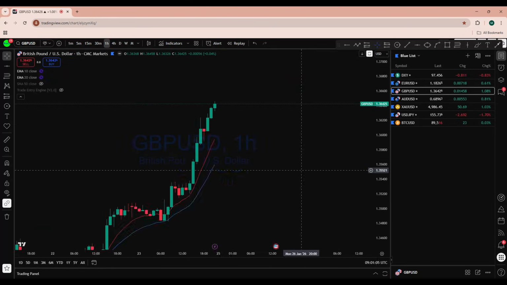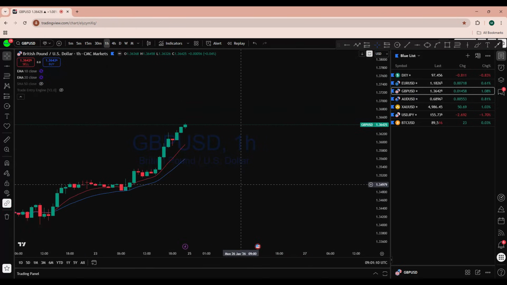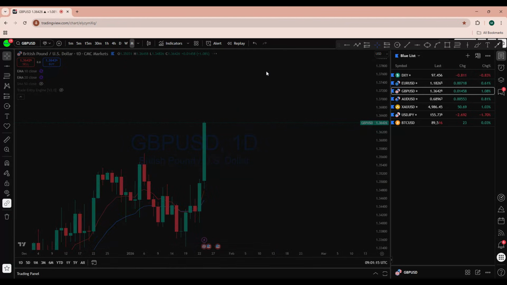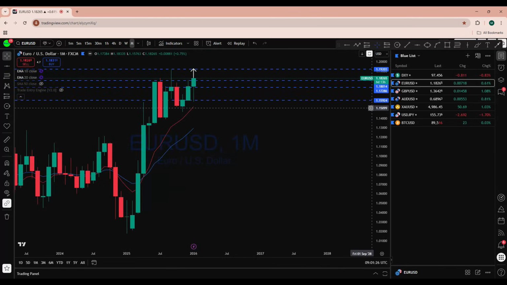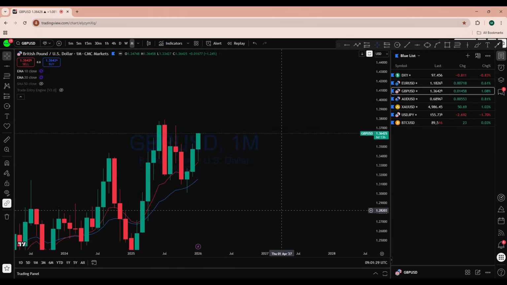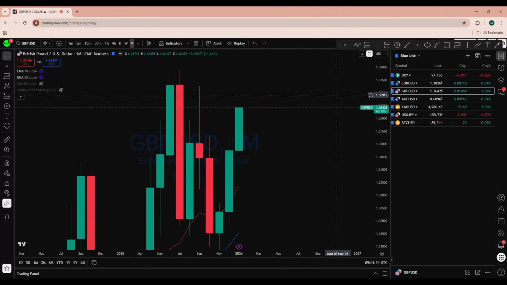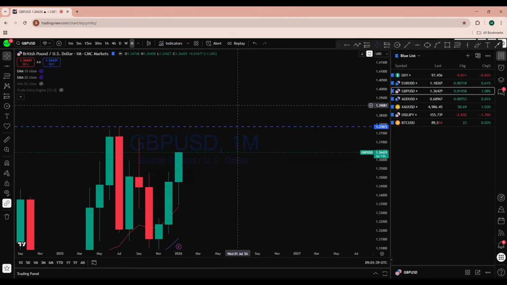Now, looking at British pound US dollar, we can see that almost similar price action has formed on British pound US dollar. And if you look at the monthly, British pound US dollar has formed bullish monthly price action, while euro dollar, we can see, crossed the monthly low and bounced off that level. British pound US dollar tested the 10 EMA and then closed above with a bullish engulfer on the monthly time frame,